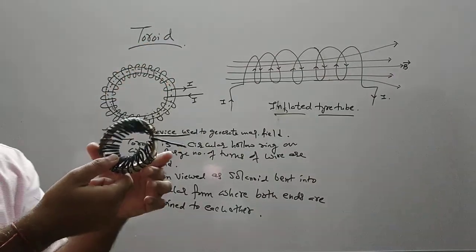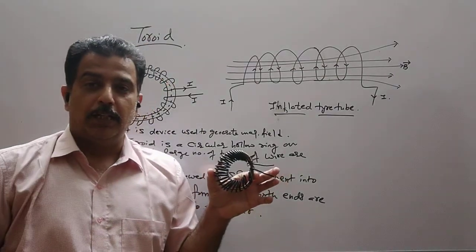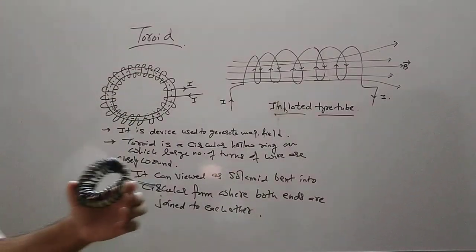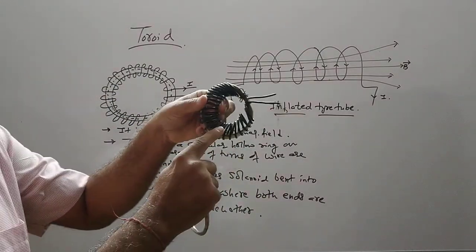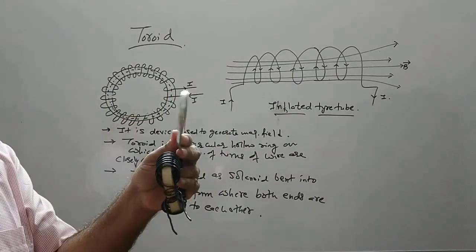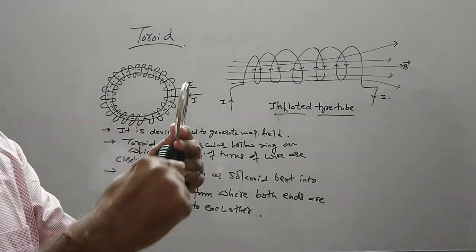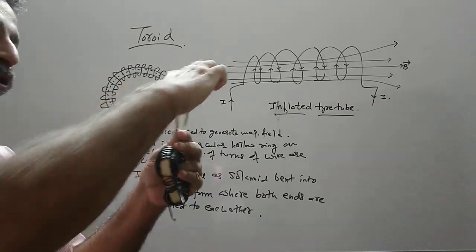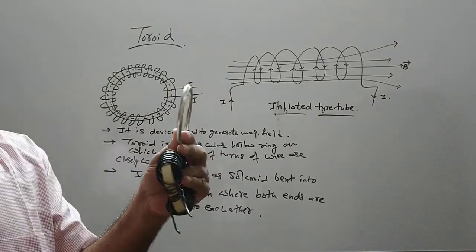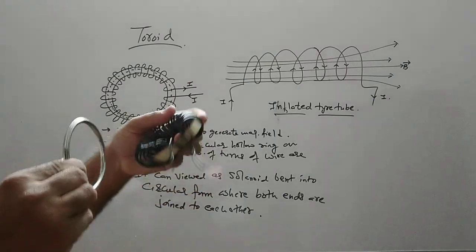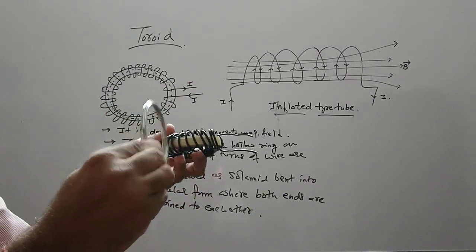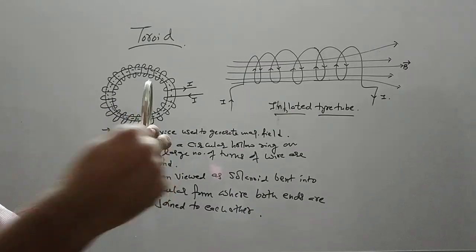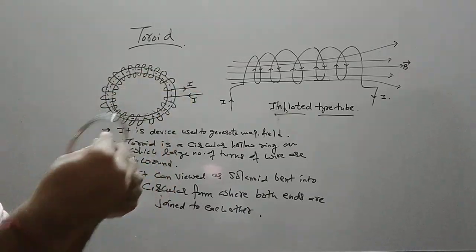Now for derivation, the picture should be very clear because we have to take different points. So suppose this is one ring. If I take this as one ring, we assume that current will come out from this lower end and it will go into the plane of the board. So this is one ring of a toroid. Here the current is coming out from the lower end and it will be going in.